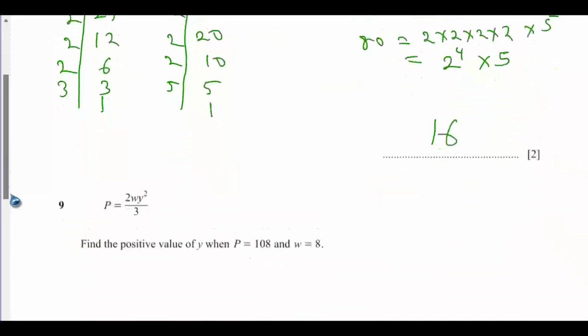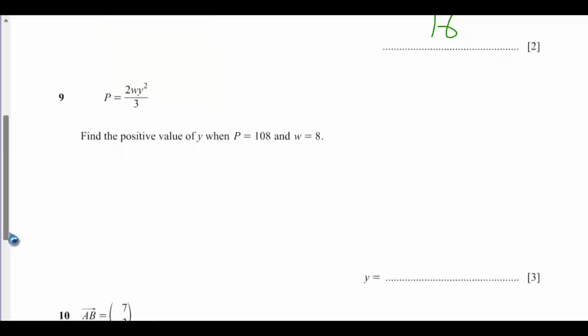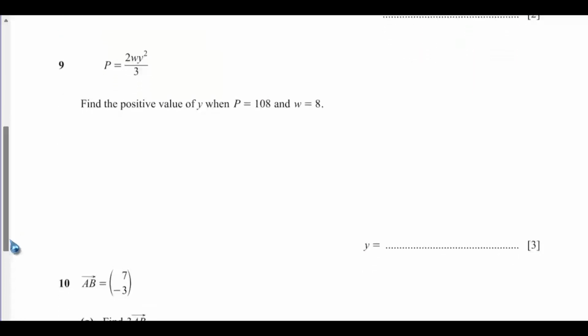That will be question 9. P is equals to 2w(y) to the power of 2, everything divided by 3. Find the positive value of y when p is equals to 108 and w is equals to 8. Okay, so the first thing we need to do here is to make y the subject of the formula,